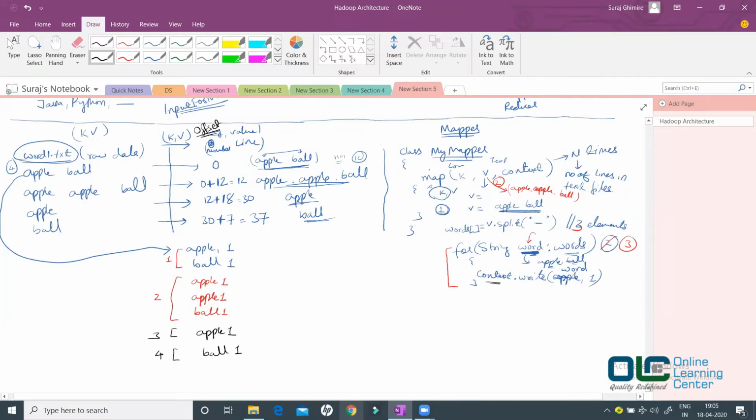But from the mapper also, when you're sending it to the reducer using this context, you are writing the data in form of key and value pair, where key is all your words and all the values are just 1 1 1 1 1, right? Now this data is ready to be sent to the reducer, but it is not sent to the reducer directly.